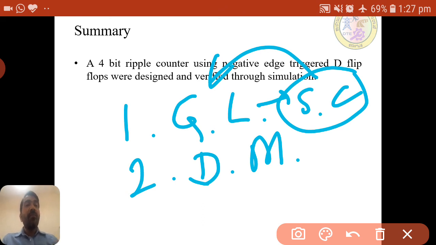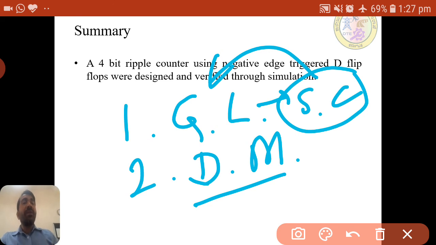As the complexity of the circuit increases, we can't have the logic circuit with gates if the design is complex. Manually we can't do that. And even if you do the logic circuit manually, writing the code itself, as many gates as there are, that many sentences we need to write, which is a bit tough. It's difficult to write and also to analyze. So to overcome that, they developed data flow modeling.